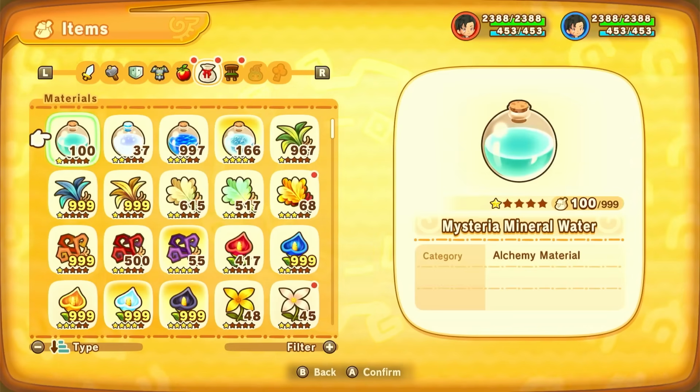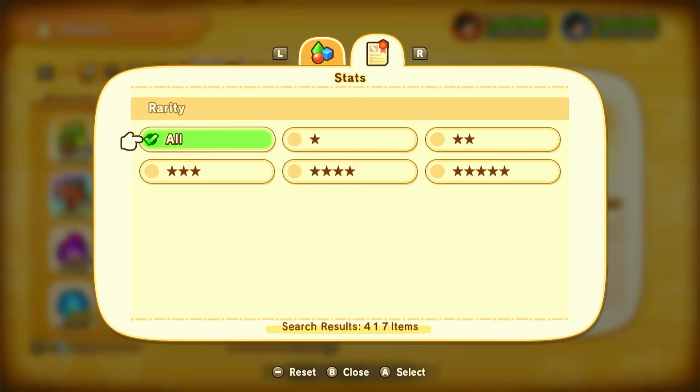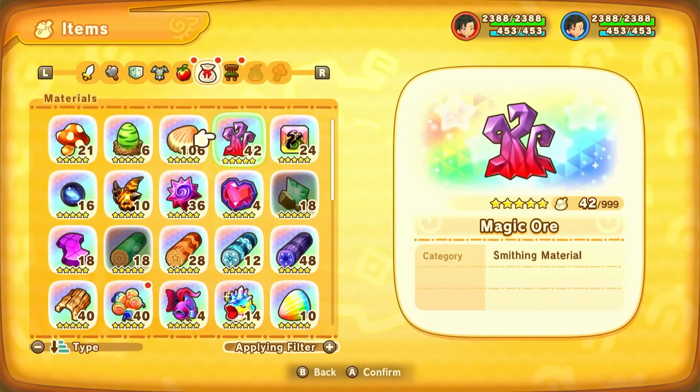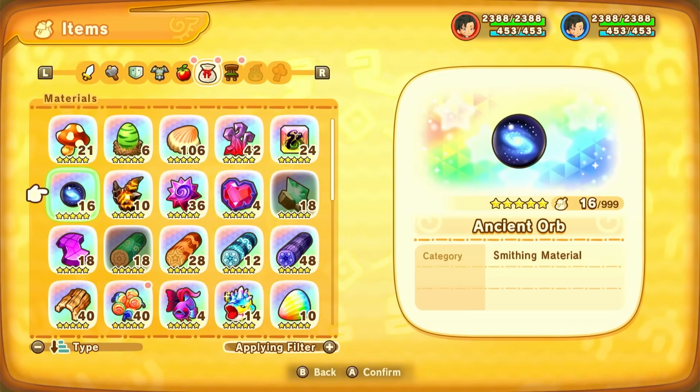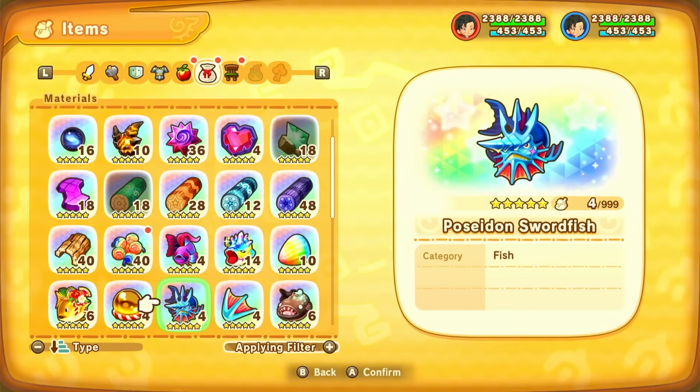And then let's go over to the materials. These are definitely the hardest things to come by, especially if we go to some of the lower ones over here. Like if you filter by 5-star ingredients, for example, these are only going to be 5-star ingredients. I know for a fact that you can only get top class mushrooms by gathering them somewhere, so this is definitely something that you should duplicate if you want to do the duplication stuff, because it's pretty hard to come by. And then just logical thinking, yes, you want to duplicate these sultan hearts, you want to duplicate these fish,